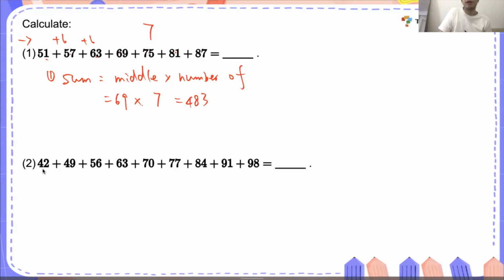Okay, how many terms? 1, 2, 3, 4, 5, 6, 7, 8, 9. That is 9 terms. And which number is the middle number? It's the 5th number. And in this sequence, we just add 7 to find the next term. That is an arithmetic sequence, and we can use our method. Middle number 70 times the number